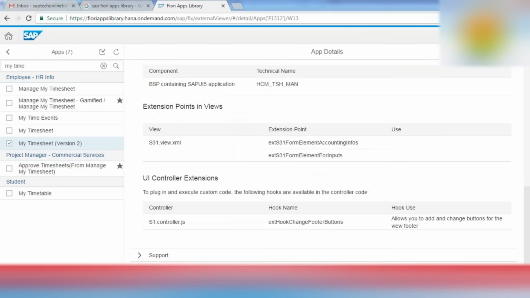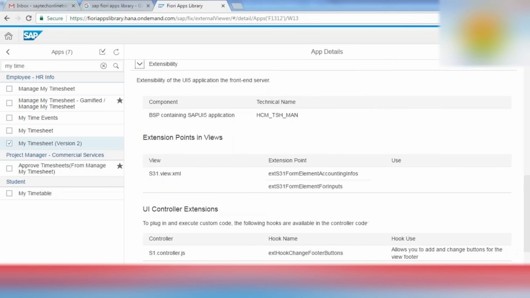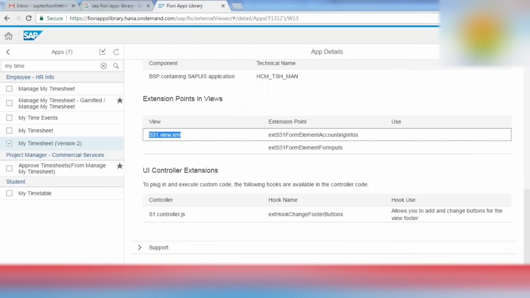Correct. So there are different options to make enhancements in SAP Fiori. You can find different options, like to enhance the views part. That means the client part, the things that we can see in the browser, the different UI elements. For this application we have to use this view, and we can enhance the view.